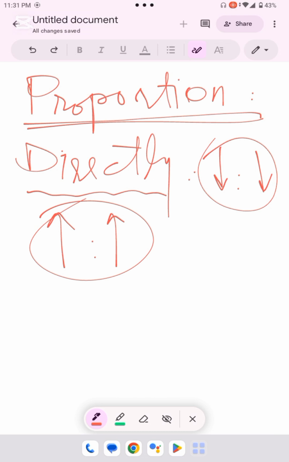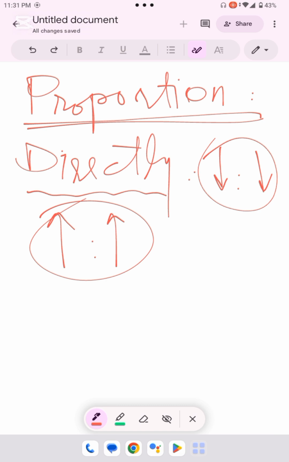That is the point. A numerous number of students, and even some of the teachers, don't understand the topic of proportion. Sometimes direct proportion and sometimes inverse proportion, and how do we deal with these two types of proportions? So I will tell you. First of all, what you need to do is you need to understand how will you make the